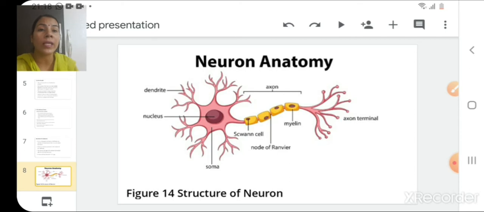So the cell body contains a nucleus, and around that nucleus cytoplasm is present. Cytoplasm is not marked here and not even in your textbook, but that cytoplasm is present around the nucleus in neuron cells. And at the end of this cell body, you can see a branch-like structure. That branch-like structure is forming a very special unit which is known as dendrite. So basically in the cell body you will see nucleus, cytoplasm and dendrites,